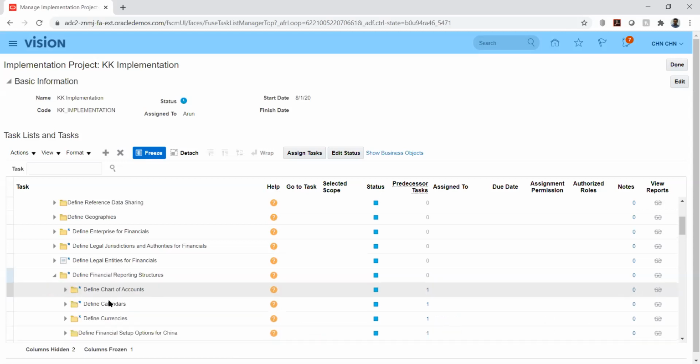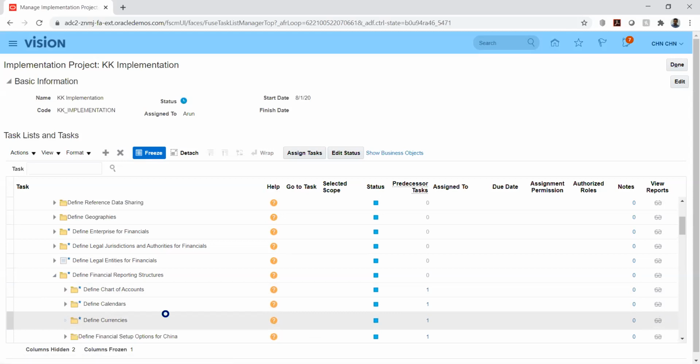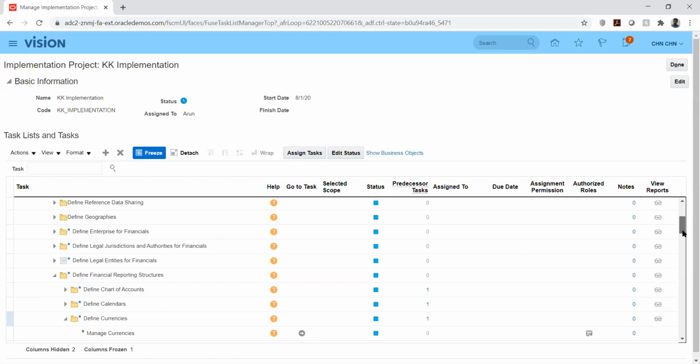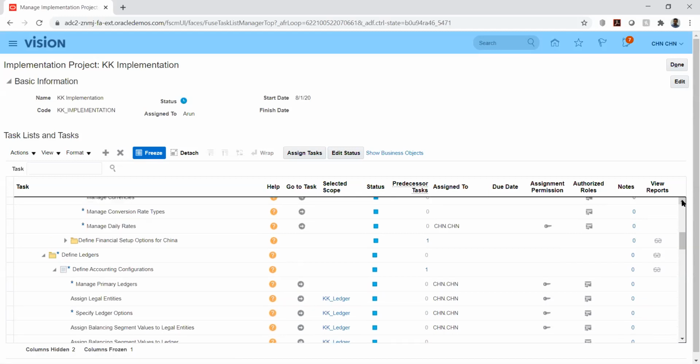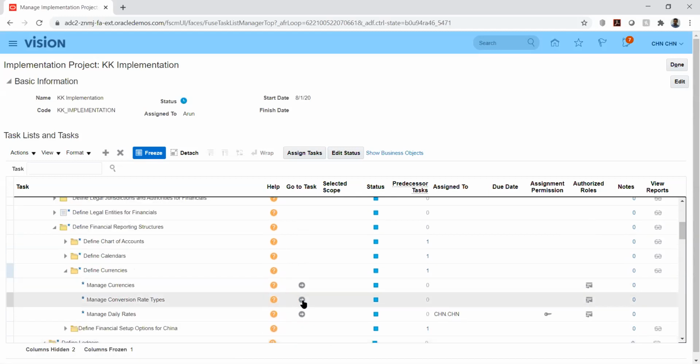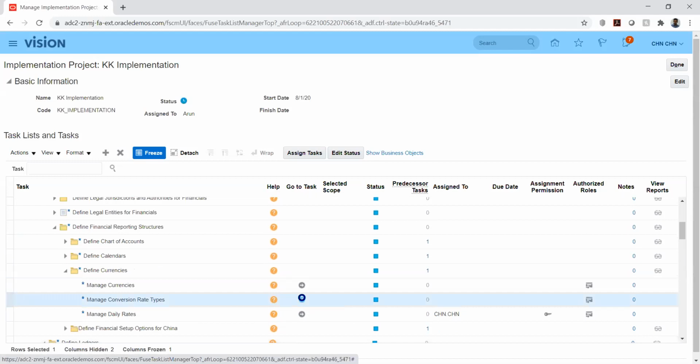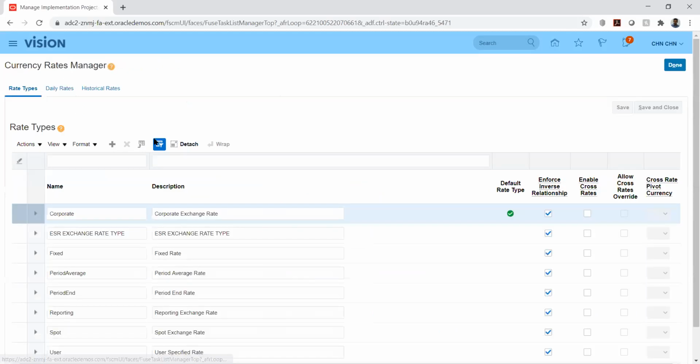Sorry. So under manage conversion rate, basically we will give daily rates. So we have the rate types. We will basically define the rate types here. So after defining the rate types, we will give the daily rates.